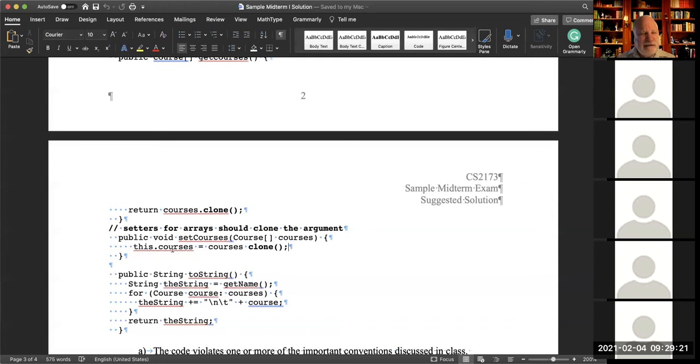Because if the only way to change this variable is by calling this method, then I can identify all places where this method is being called, and those are the only places where this value is going to be changed.